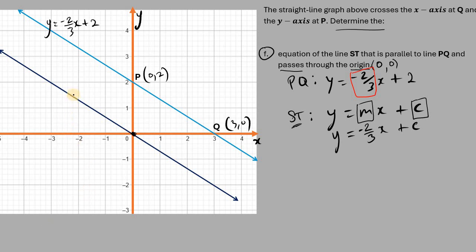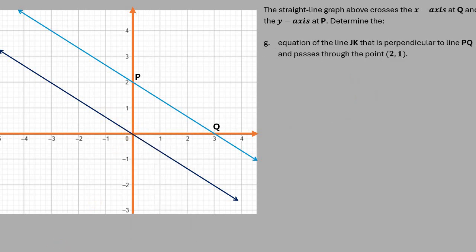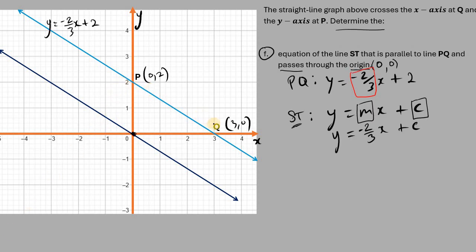Right? So here we have line ST. It passes through the origin, and it's parallel to line PQ. The blue line is line PQ, and the black line here is line ST. I can just put S somewhere and T somewhere, it doesn't matter where I have it. So let me just say this is T here. So line ST passes through the origin and is parallel. So these two lines are parallel to each other. And since it intercepts the y-axis at 0, then we can simply